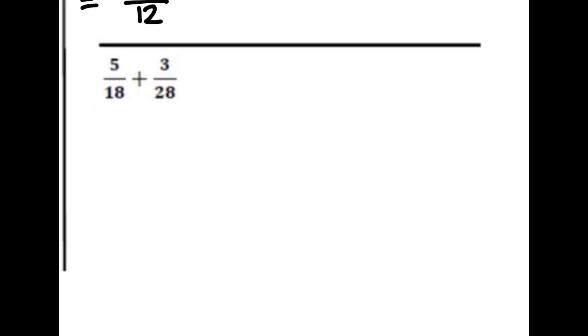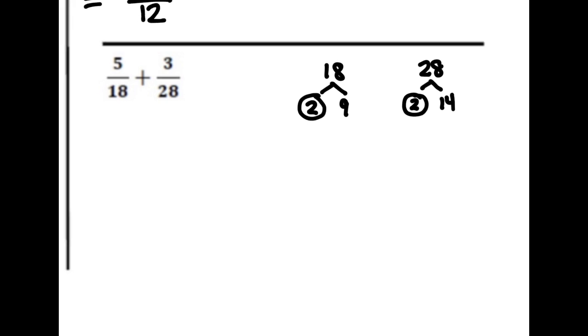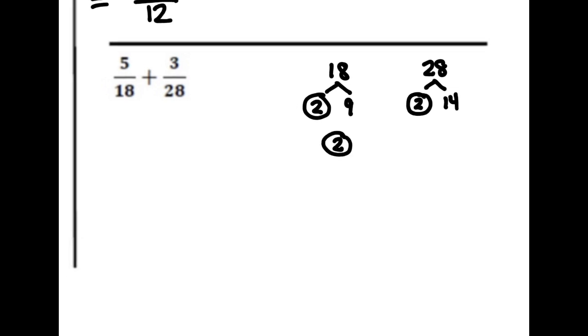So 18 and 28, I'm going to pull them off to the side. 18, 28. What do they have in common? A 2, right? So this is 2 times 9, and this is 2 times 14. 9 and 14 don't have anything in common. So the least common multiple of the denominators is that. These 2 is 18. So 18 times 14 is